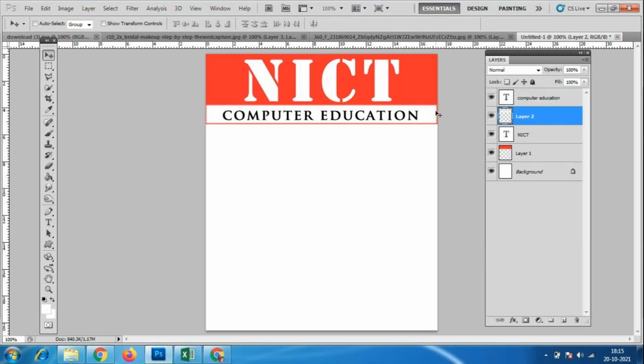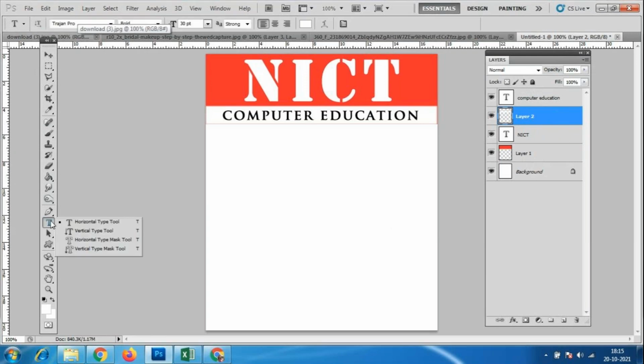Otherwise, on the keyboard we have the arrow keys, so we can slowly move things also. So in the text tool, everything always comes under a different layer. Again, we will go here, and we have one more option called the vertical type tool.